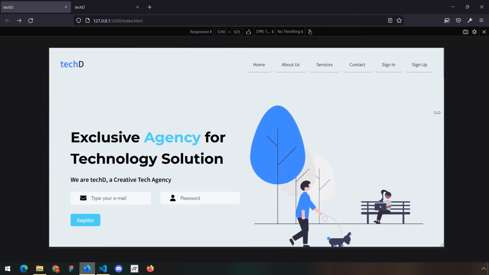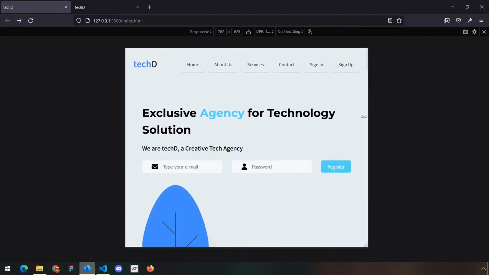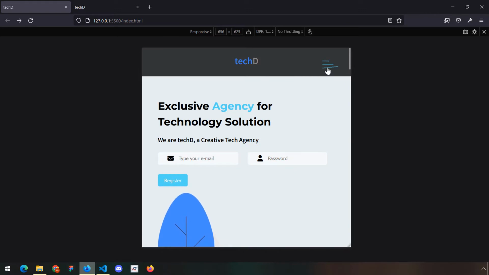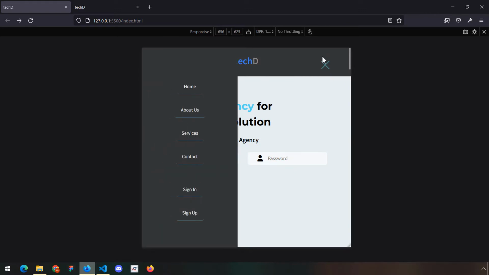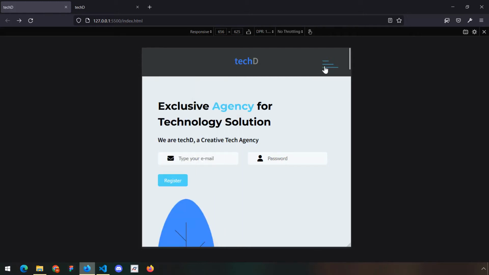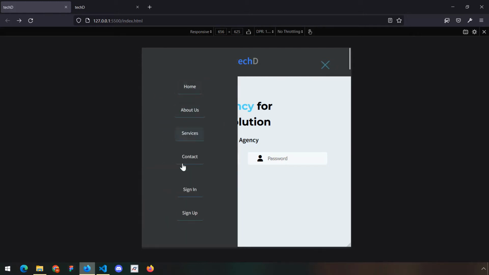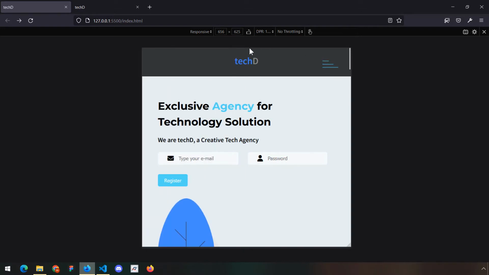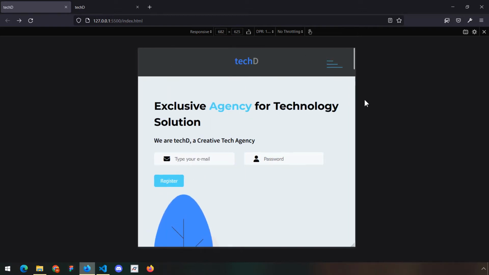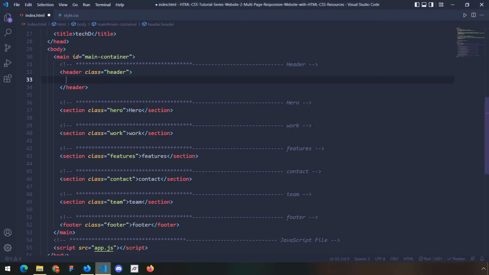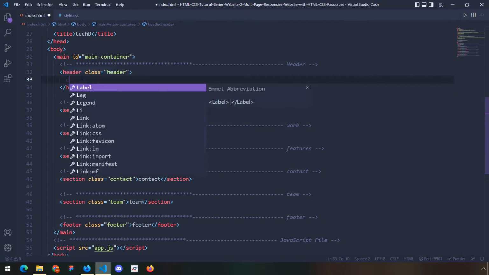But when we go to our tablet or mobile version, we can see that there is a hamburger icon that we need to create, and then all the navigation is going to pop from the left. So there are three things that we need within the header. The first thing is going to be our logo. So I'm going to say logo,